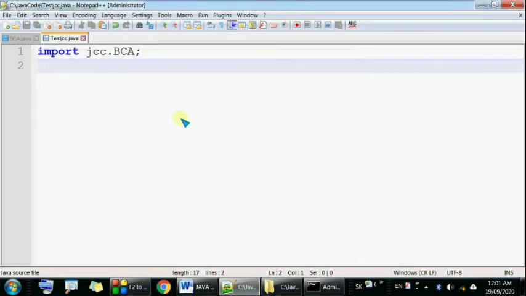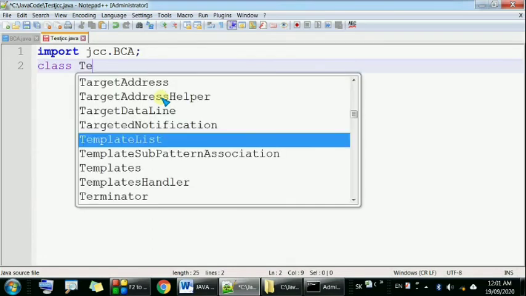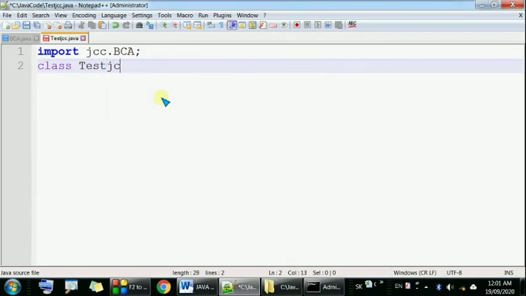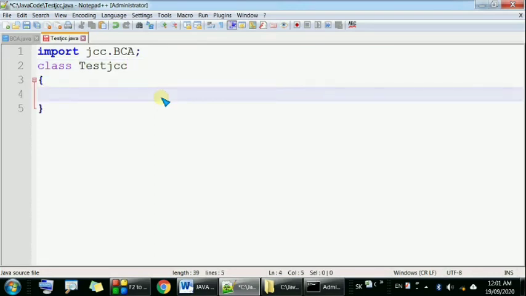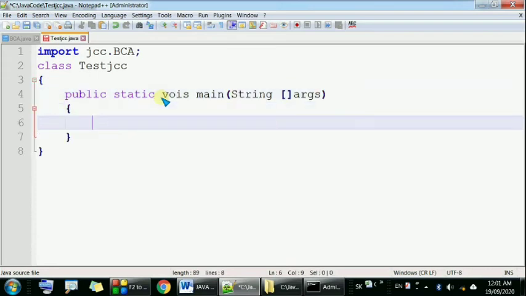Now start the class TestJCC. Start the main function, public static void main, String args. Now define an object of class BCA.